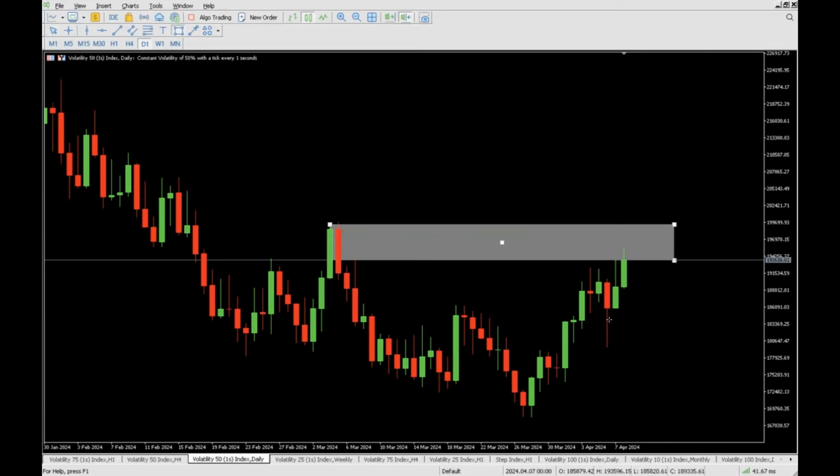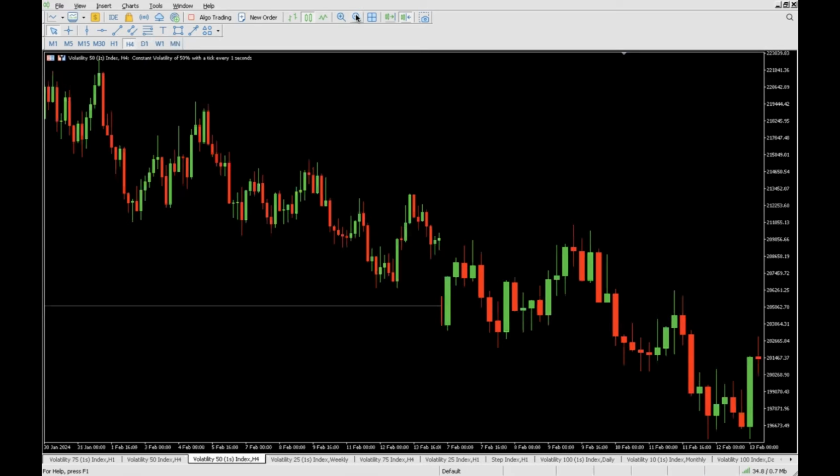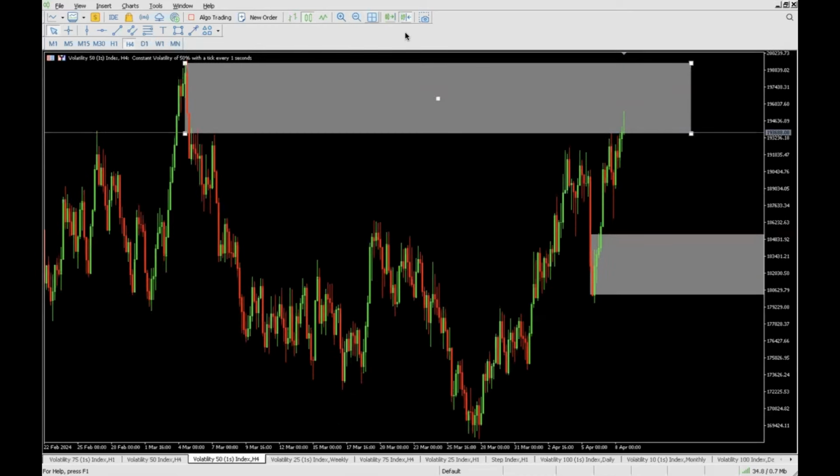And then you probably will find that there's maybe demand here that will be able to handle that drop, and then we continue. You see how this gives you a form of precision in the sense of what you're trying to do. Okay. So right now, let's go to the lower time frames. I would say H4 time frame, and we want to just see what has been happening. What has the market